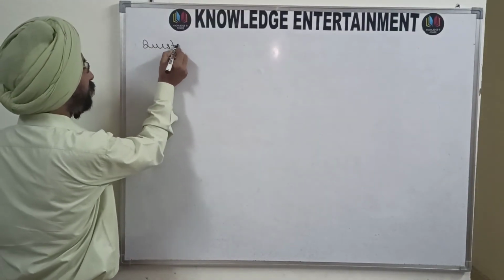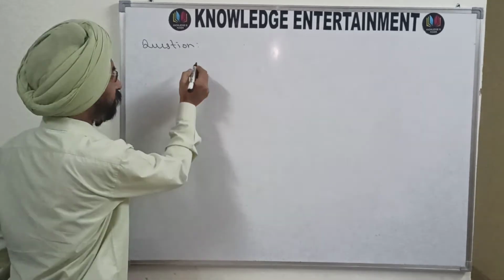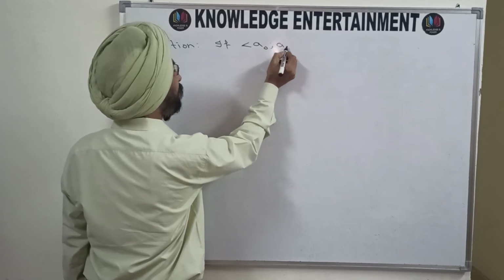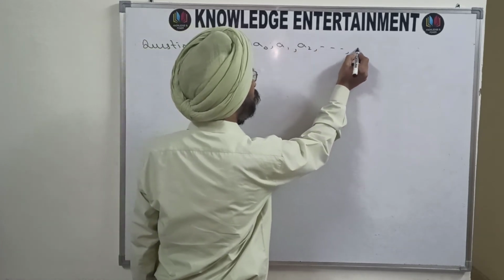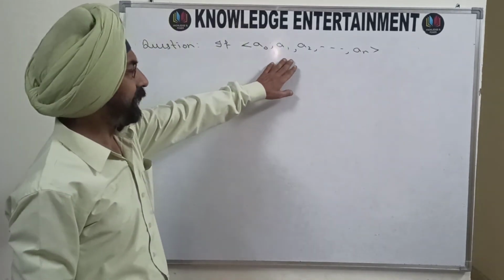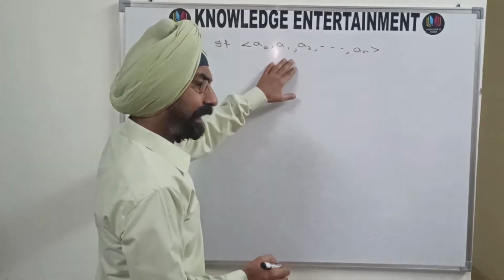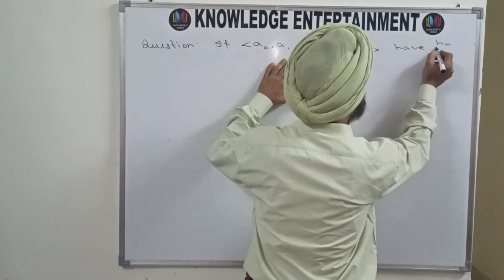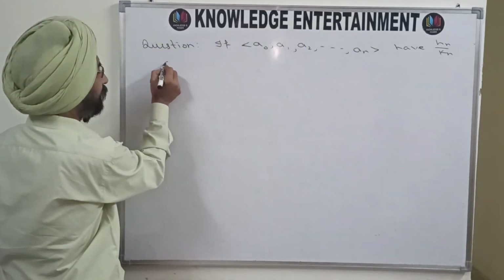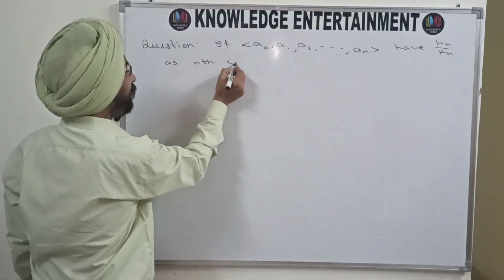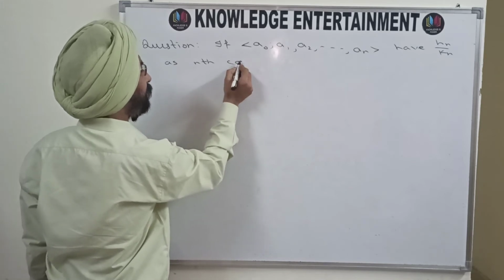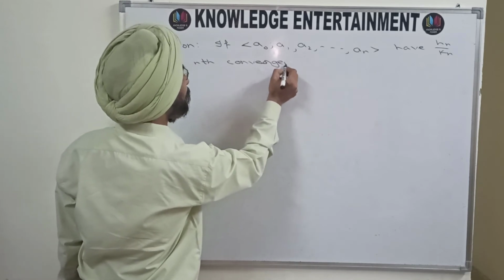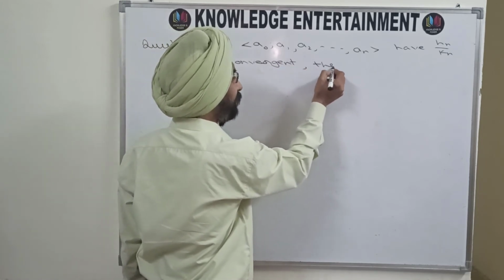Note down this question, and we'll prove that if a_0, a_1, a_2, ..., a_n, if this continued fraction has h_n over k_n as its nth convergent, then